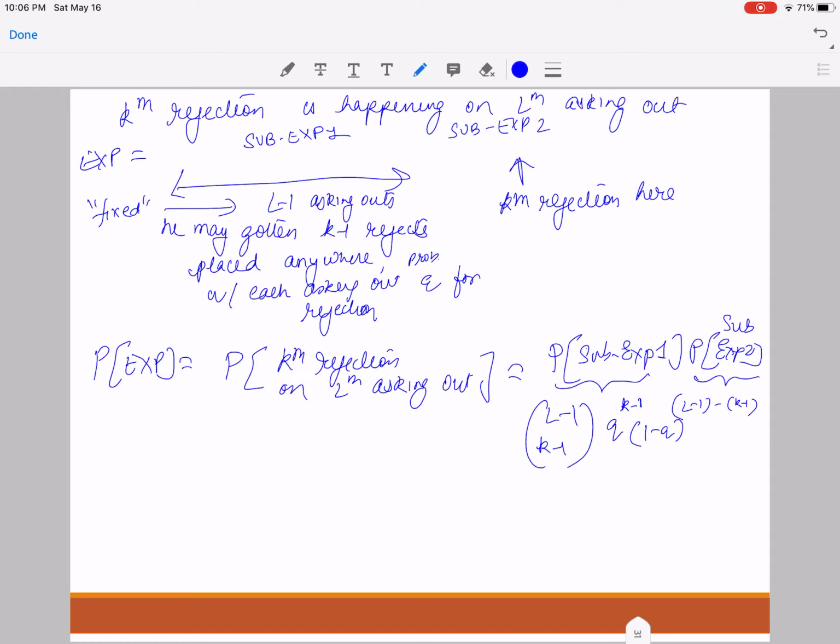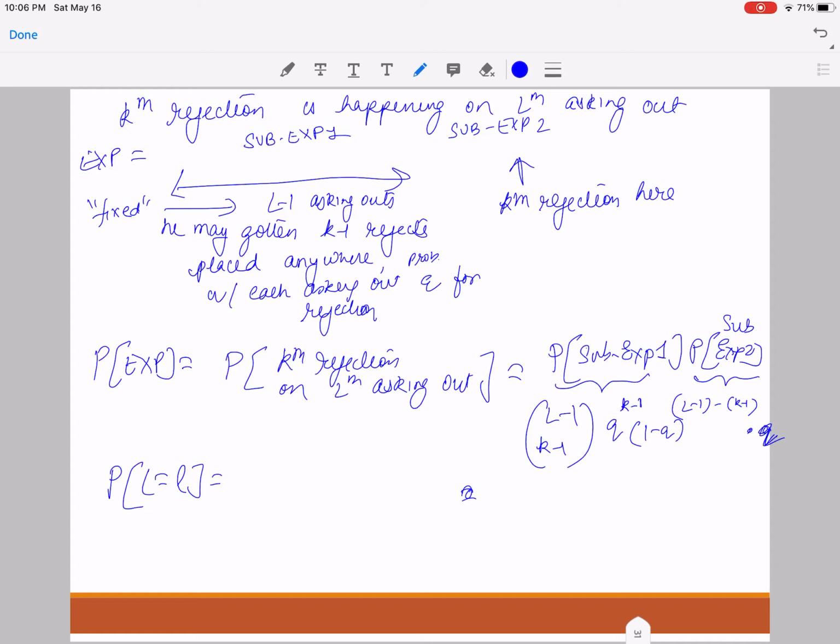The probability of sub-experiment 2 is just Q, because it is given to you that each asking out has the probability of Q of having a rejection. Since sub-experiment 2 is just one single asking out, its probability is Q for a rejection. So times Q. If I were to simplify this further, I get the PMF of L,